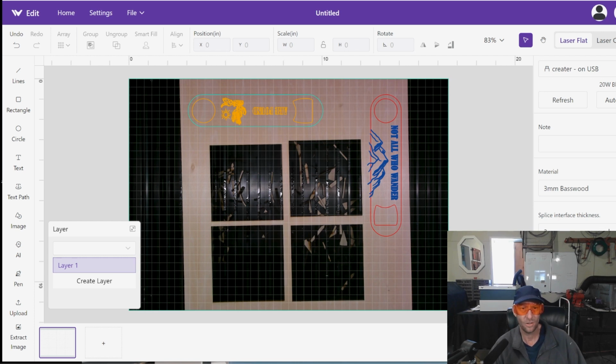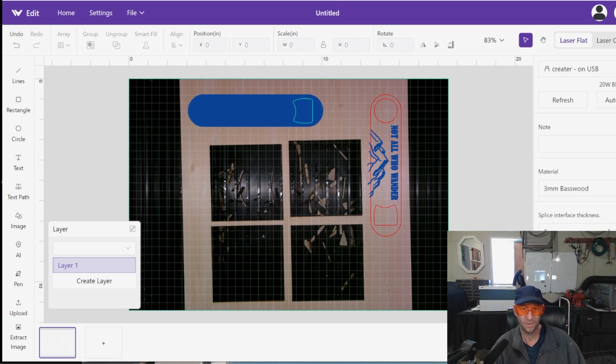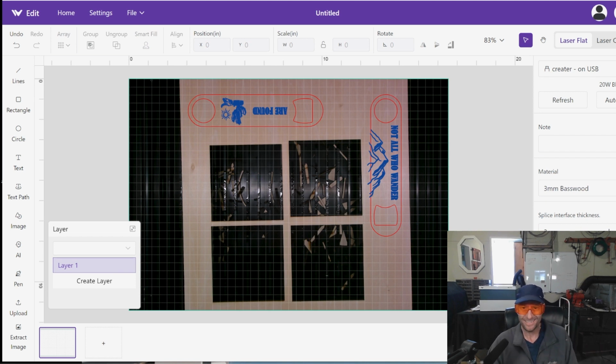How do I select all of this part on the inside and just tell it to fill engrave? I don't know. So again, I'm telling it all to fill engrave, and then I'm telling these to cut. There's a lot of things I would like to see them change and make better, but keep it easy, because I think this is the perfect laser for beginners, just right off the bat making something. I really like that fact. But